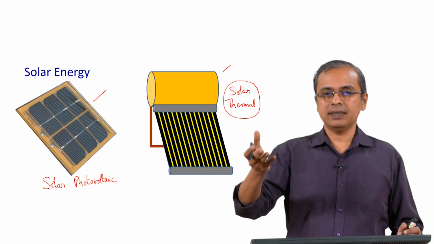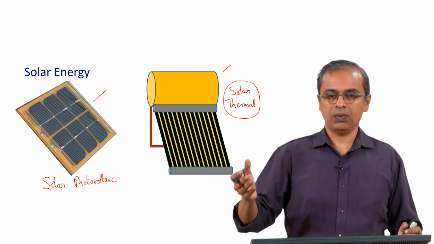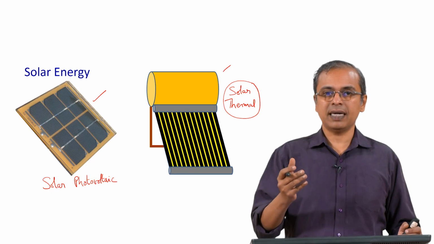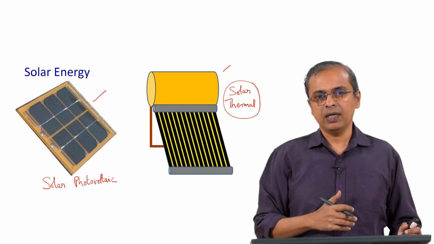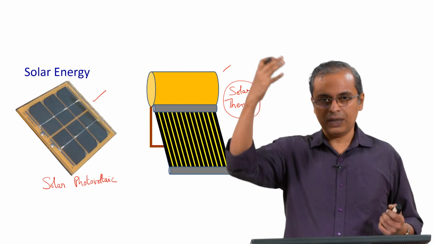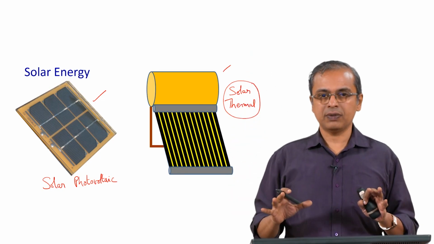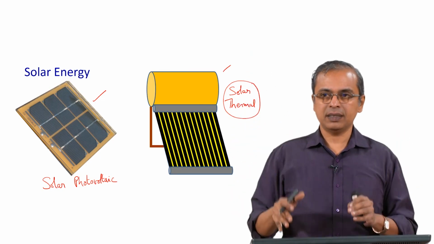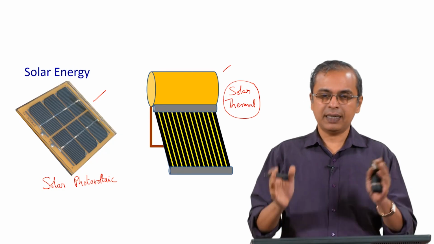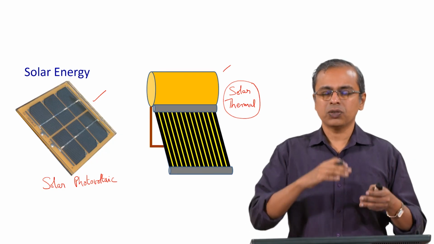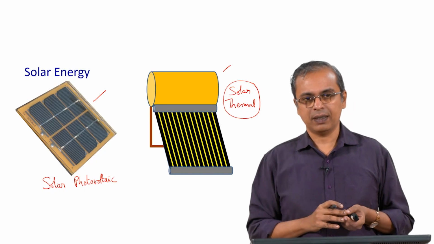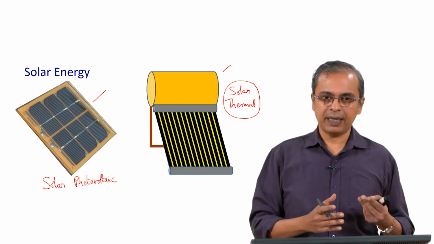In many cities we now find that street lights have a solar panel attached to them, so it comes as an integrated unit. You have a solar panel, you have a small battery associated with it, and the solar energy is converted to electricity stored in the battery, and then it runs the street light at night. So we have all sorts of interesting products that have come up based on the solar panel.